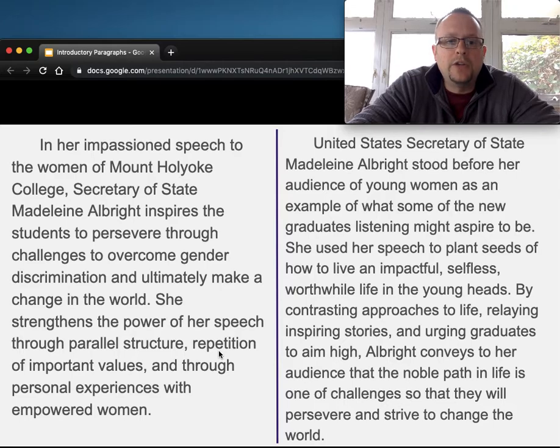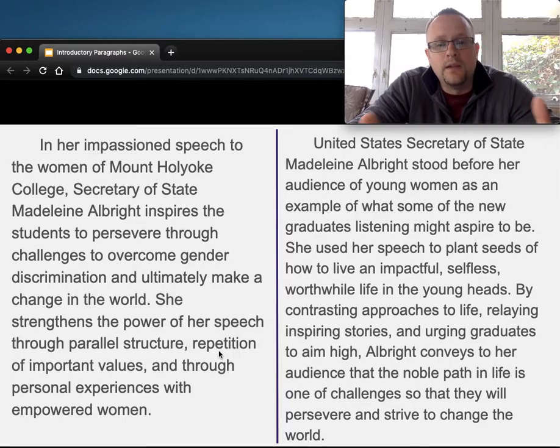In her impassioned speech to the women of Mount Holyoke College, Secretary of State Madeleine Albright inspires the students to persevere through challenges to overcome gender discrimination and ultimately make a change in the world, not the word. She strengthens the power of her speech through parallel structure, repetition of important values, and through personal experience with empowered women. Second one, United States Secretary of State Madeleine Albright stood before her audience of young women as an example